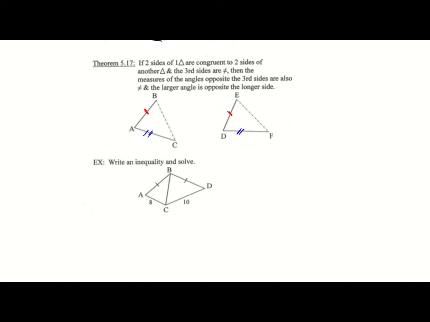So if this side, EF, is longer, then that means angle D is going to be greater than angle A. Okay, so this is our shorter side. So if we look at an example below,